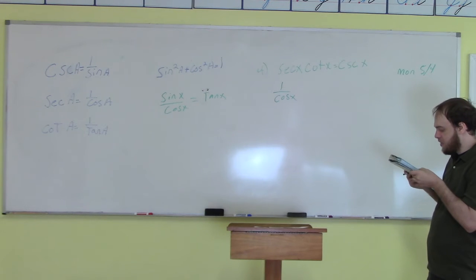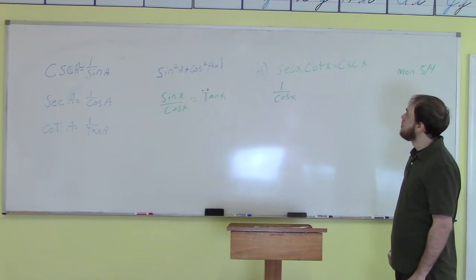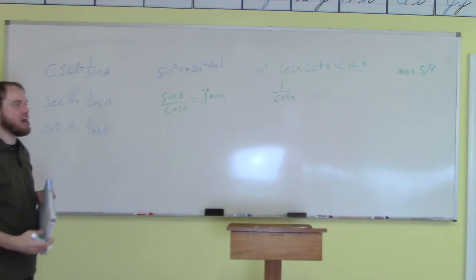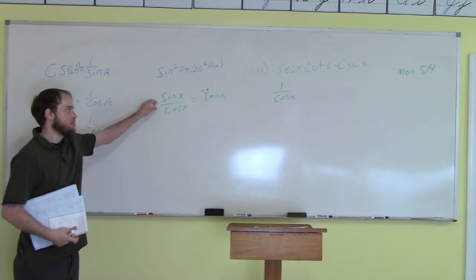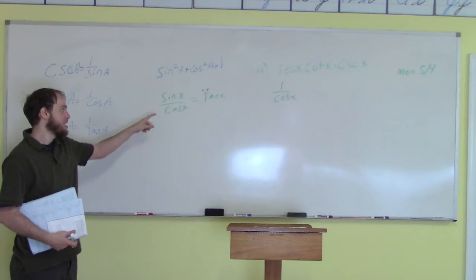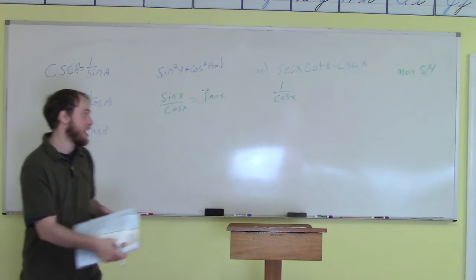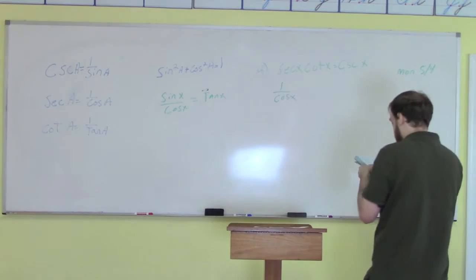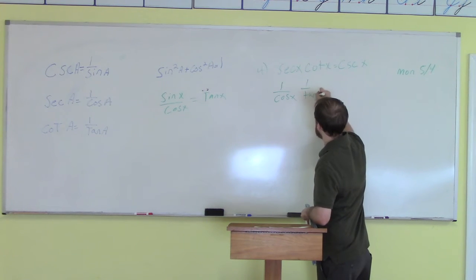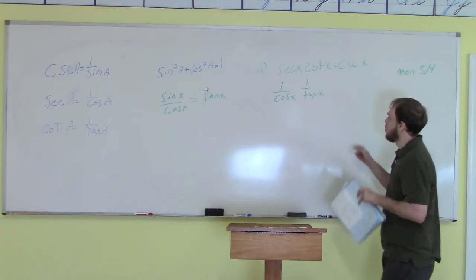Cotangent, you can kind of think of it a couple different ways. You can look at it as 1 over the tangent right here, or you can look at it as cosine over sine, because remember, if sine over cosine was tangent and the reciprocal of tangent is cotangent, then cotangent could also be the cosine over sine, so you just flip that fraction. So you can think about it either way there. The first one we're going to do here is just do it as 1 over tangent of x, which then you could put as 1 over